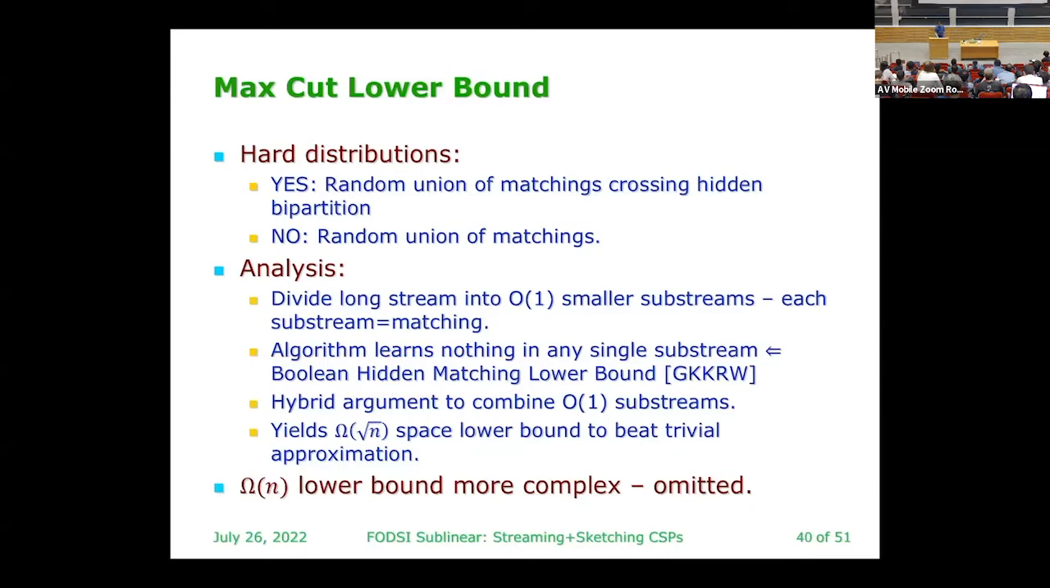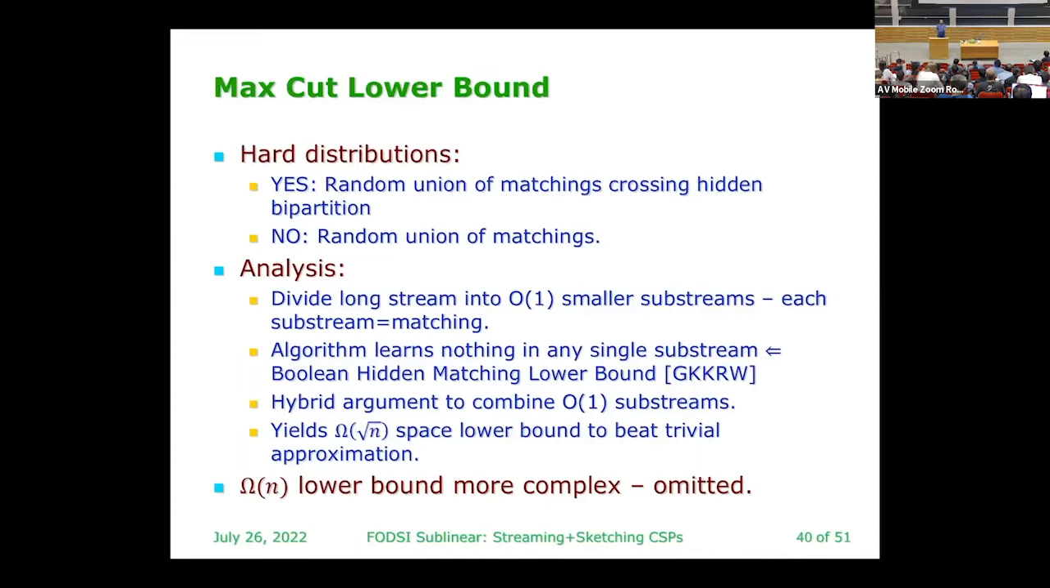And this wonderful result of Gavinsky, Kempe, Kerenidis, Raz, and Wolf shows that actually this underlying problem that you look at over here, where Alice has a hidden bipartition, and Bob is getting either a matching which crosses the bipartition, or a random matching